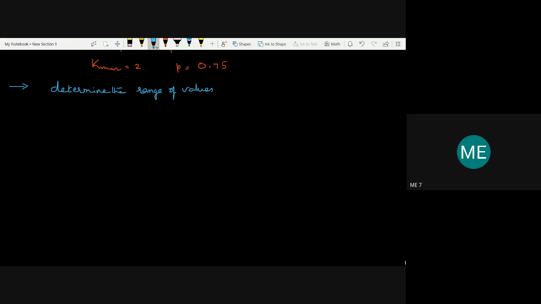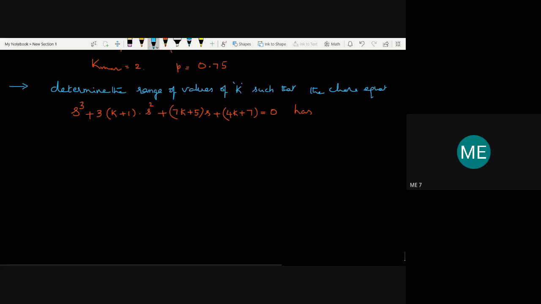Determine the range of values of k such that the characteristic equation, which he has mentioned as s cube plus 3 into (k plus 1) into s square plus (7k plus 5) into s plus (4k plus 7) equal to 0, which has roots